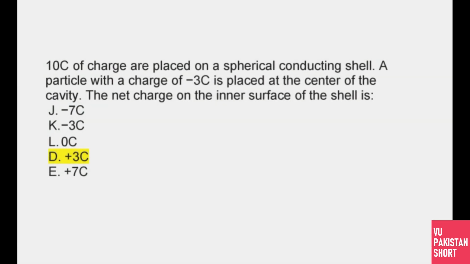अब 10C of charge are placed on a spherical conducting shell. A particle with a charge of -3C is placed at the center of the cavity. The net charge on the inner surface of the shell कितना होगा? प्लस, क्योंकि वो माइनस हो रहा है तो उसके अदर साइड जो चार्ज बनेगा वो आपका बनेगा +3C।